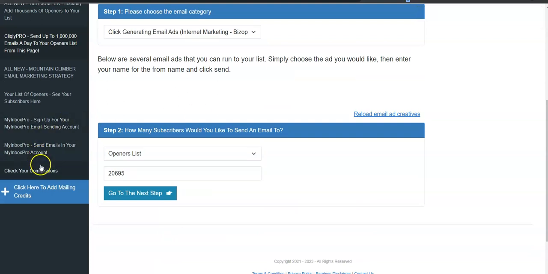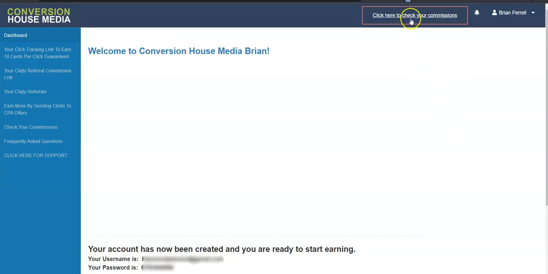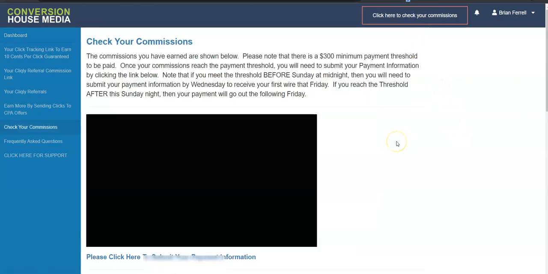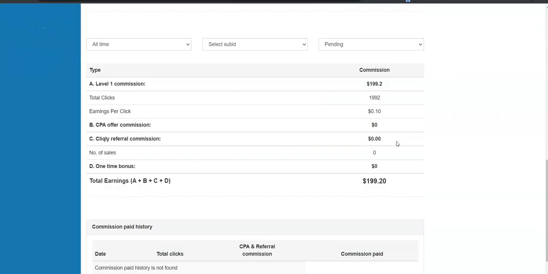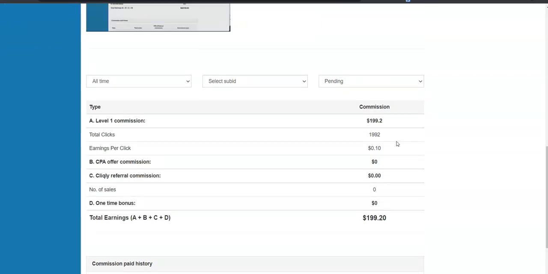Let me go ahead and show you what I've earned here in my time in the program. You might say 10 cents per click might not be much, but 10 cents adds up when you're sending to people who actually want the details of this program, or any other program for that matter. And when they click the links, you get paid 10 cents. And as you see, I've already made just under $200 just from sending these emails through this system that's built for you. Plus, it's building your list. The money's in the list. That's your list. It becomes your asset.